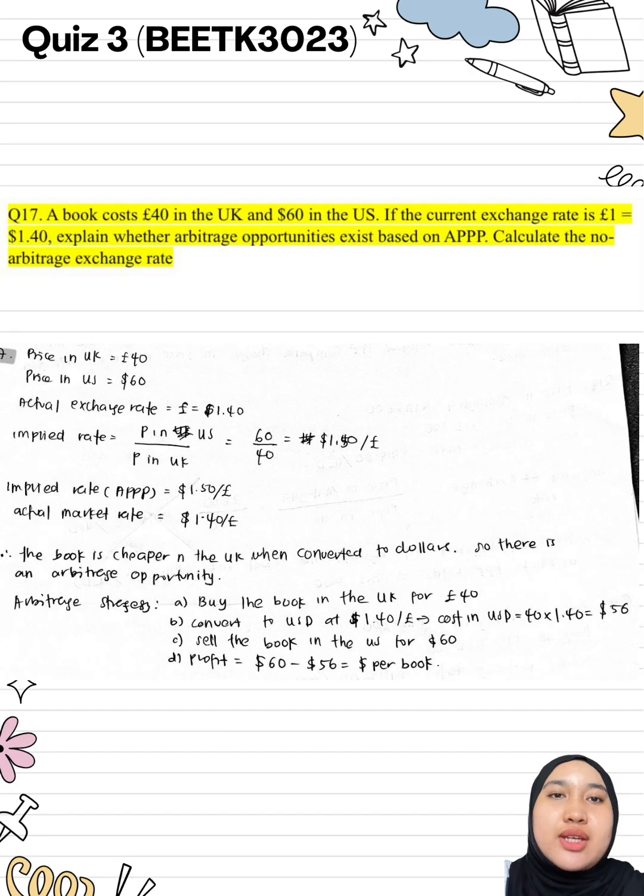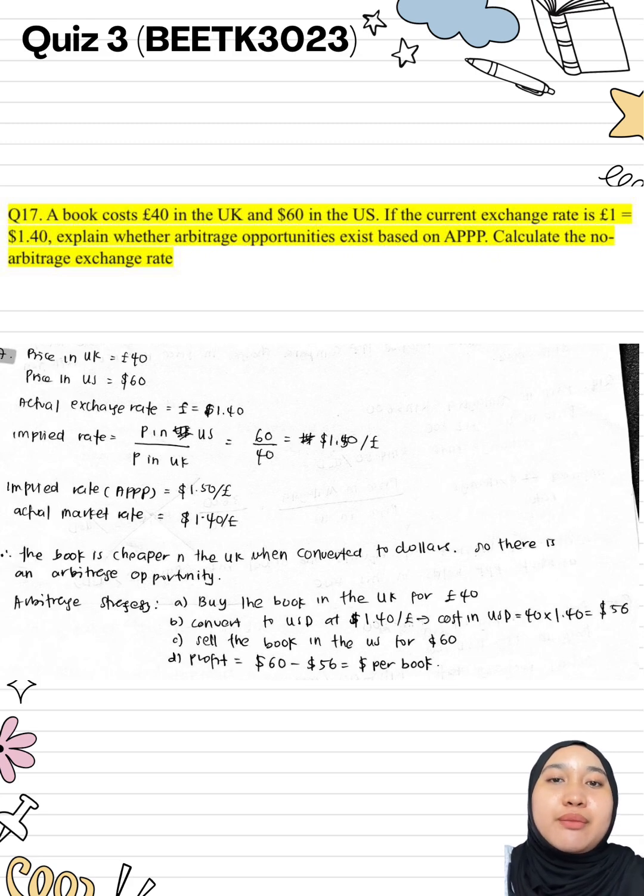Next, question 17. In this case, we are comparing the price of a book in the UK and the US to see if arbitrage is possible using absolute purchasing power parity. UK price is equal to £40 and US price equal to 60 US dollar. Current exchange rate is equal to £1 equal to 1.40 US dollar. First, we calculate the implied exchange rate, which is the no arbitrage rate, and we got 1.50 US